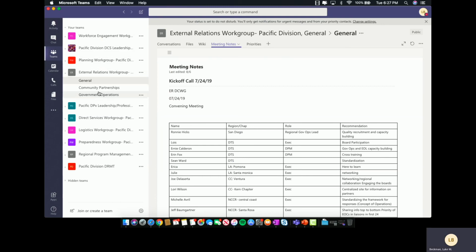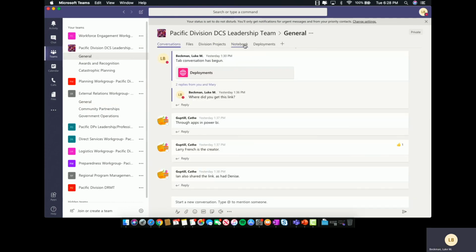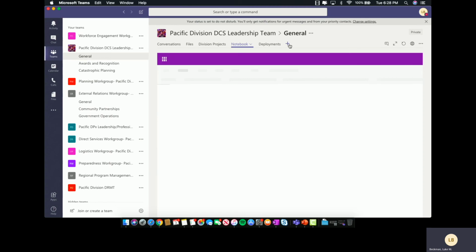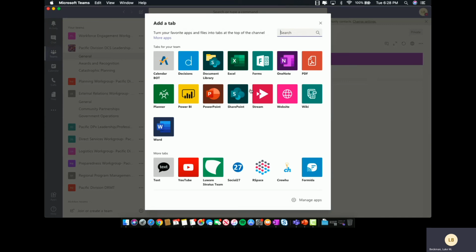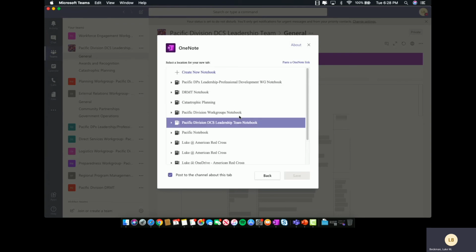Let's go to an example of where I have Microsoft Office OneNote linked into Teams. We'll go into our Pacific Division DCS Leadership Group, and I go into Notebook. Again, I've named this notebook, but all I did was click plus, and I added OneNote. Look at it again. So if I click OneNote, I could post to the channel. And what it's going to do is pull up all of my notebooks because it's linking to